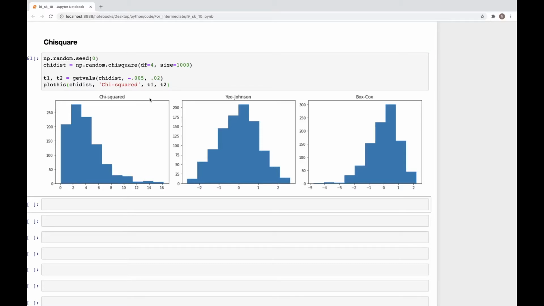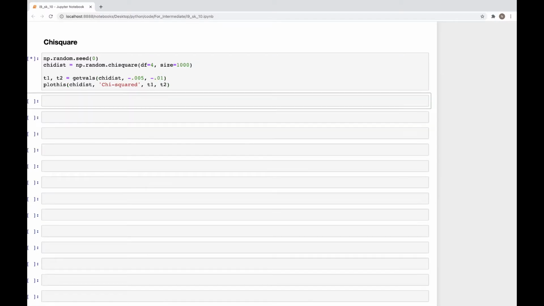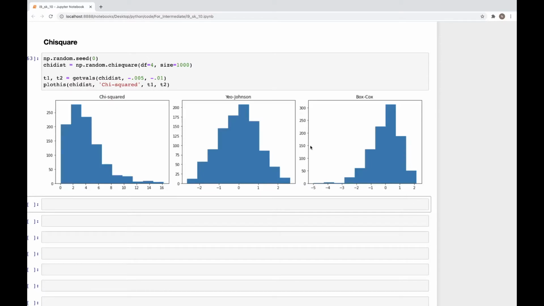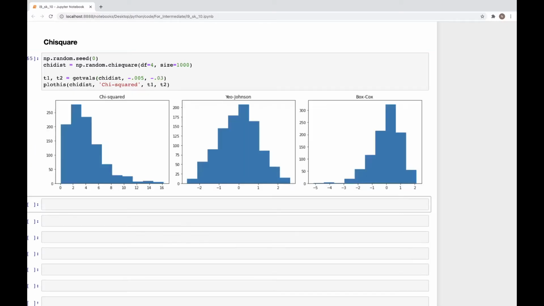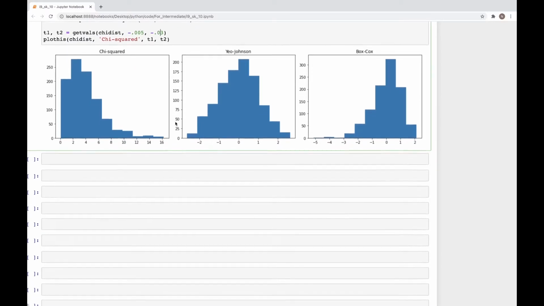So as you can see, we were able to change the distribution. It's now closer to a normal distribution. For the second plot, we could go ahead and change this to see if it makes any difference. Could make it negative 0.01, and it didn't change much. So let's try if we put a value of 0.3, and that didn't work. So yep, this looks pretty good. We can go ahead and change this, play with the values of lambda to get it closer to normal